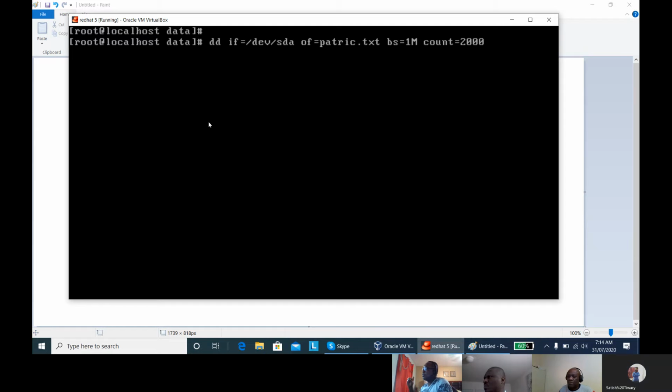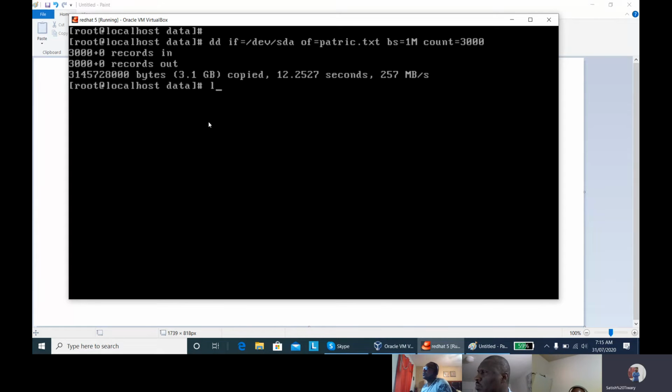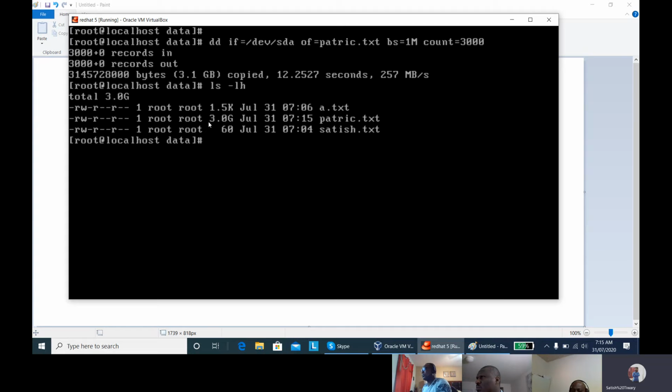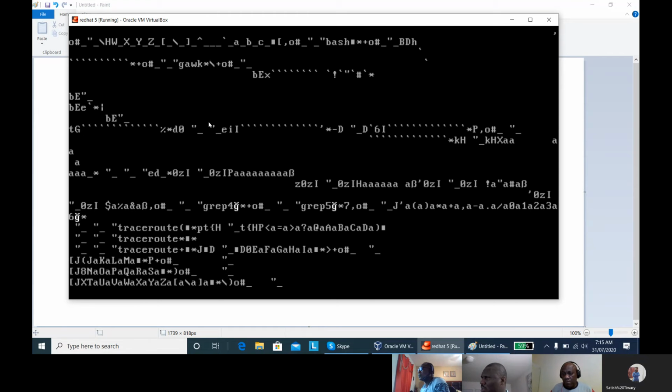Is it the same content you put back over and over? No, you can see the content of the file. It takes data randomly. So if I take it 3000, then it will create a 3 GB file. It will override that file. It takes data from your hard disk randomly. And now the file size will be 3 GB. So that means it didn't take the whole 19 gig. It only took 2000 megabytes.